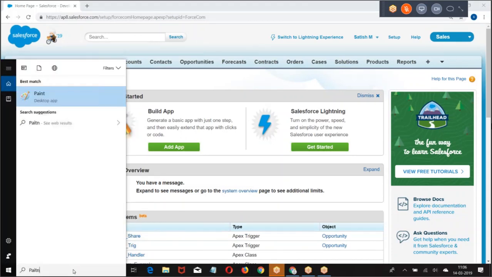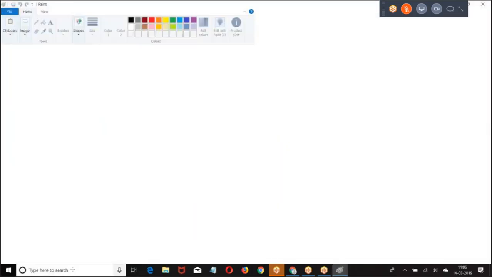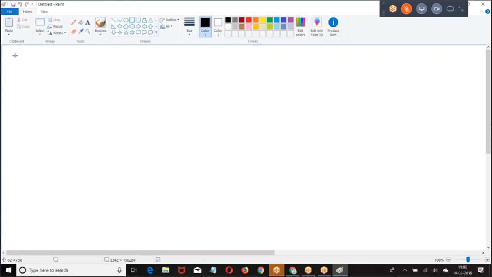Whenever we are trying to delete the data from the table. So we have a table here.